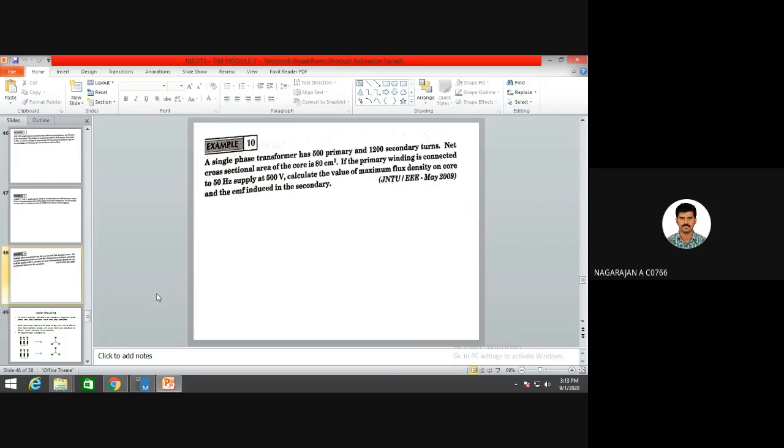The value has been given in centimeters. While converting that into meters, I have to multiply by 10 to the power minus 2. Here it is centimeter square, so 10 to the power minus 2 whole square will be 10 to the power minus 4. That is what has been written here. So cross-sectional area is 80 into 10 to the power minus 4 meters square. Then,